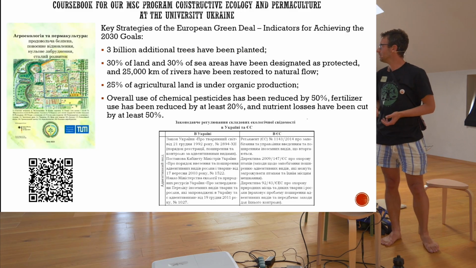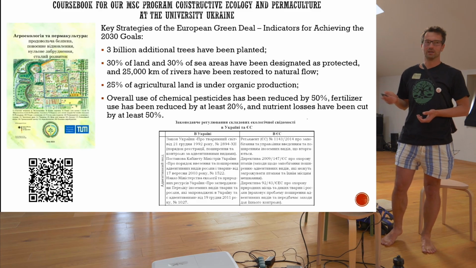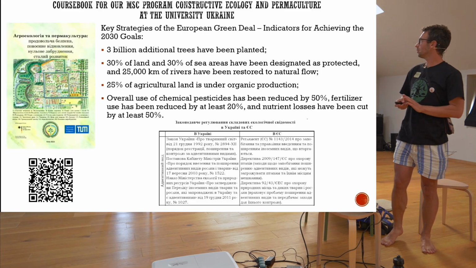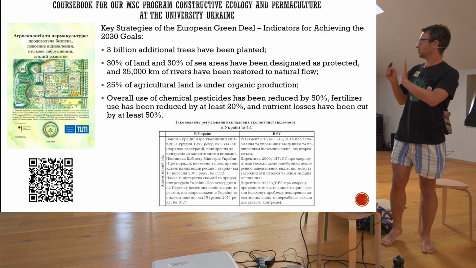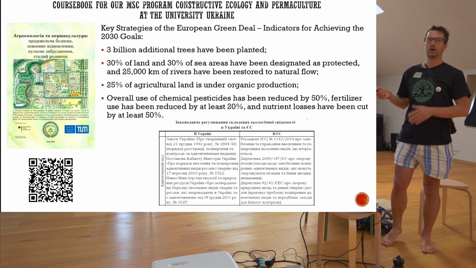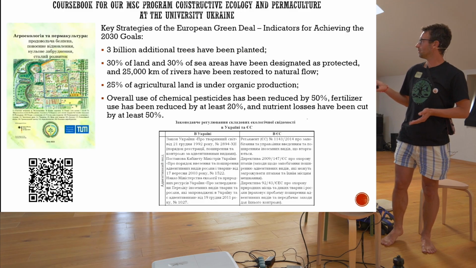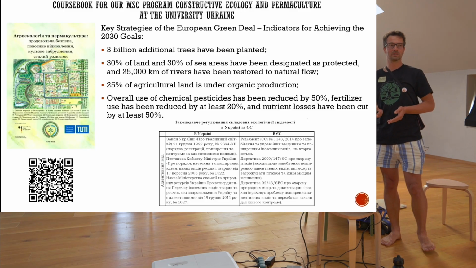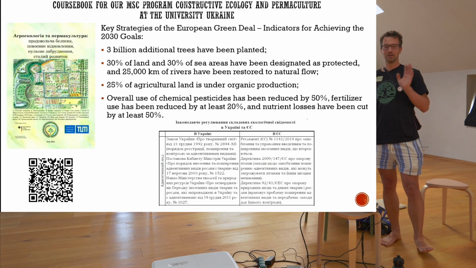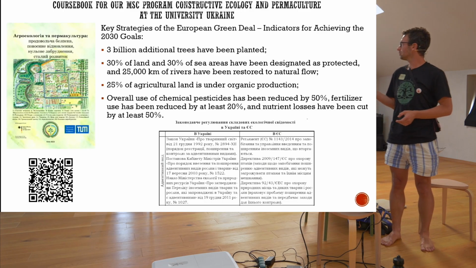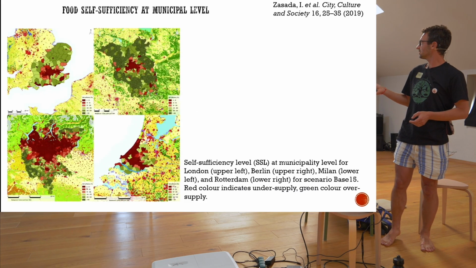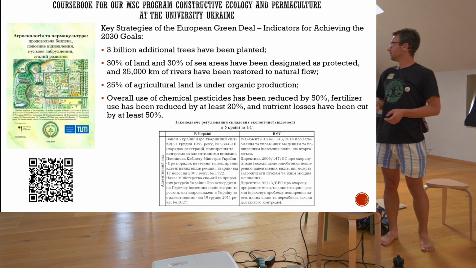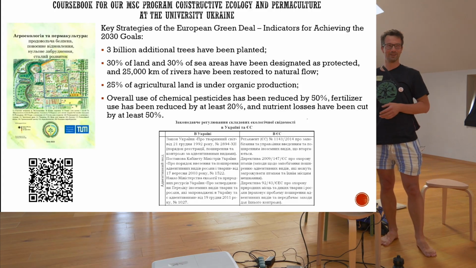And this looks very nice and promising to me, that we need to conserve one third of the land, to return it to close to natural state. One quarter of land should be under organic production. It's not here, but 10% of land should be allocated to semi-natural habitats, these flower strips and shelter belts, and we need to reduce all chemical fertilizers by half. And these are the goals, the targets by 2030. Most likely we will not achieve many of them, but